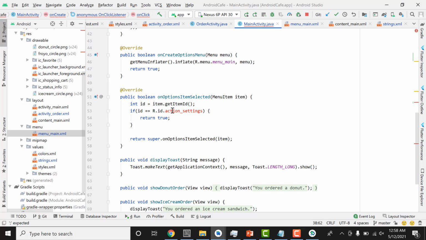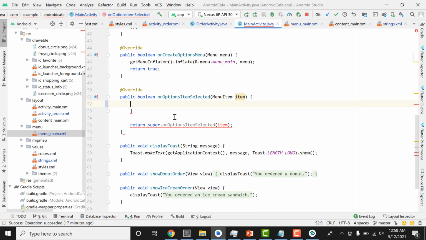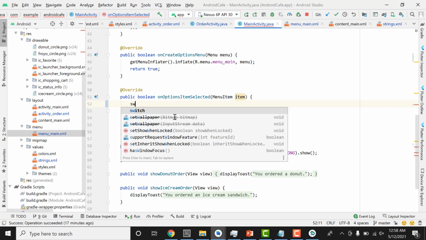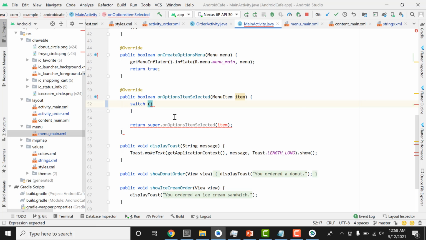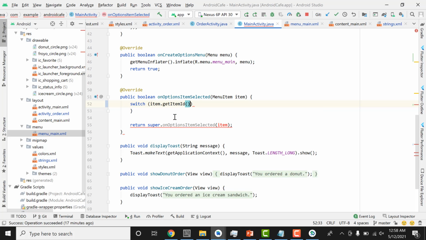Okay, because we do not have this ID, that is why it is giving us an error. But I think here I'm going to get rid of this message or this code, because I'm going to add some more code here, and that is I'm going to use a switch statement, item.getItemId. So we are going to first get the item ID,